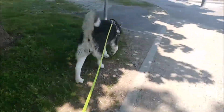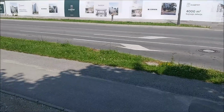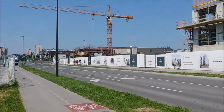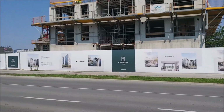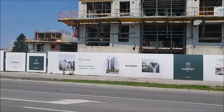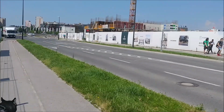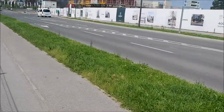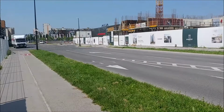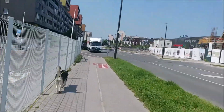And it's noon and we are here at the Quartet Complex. Those 4 buildings that they are already building. And as you can see, there are different stages. So on these they are already finishing, let's say, the 3rd floor, going on the 4th. On that, still construction on the 3rd, and there construction on the 2nd. While I haven't seen the 4th building coming up. So yeah, 2 cranes. And now we are going to the fountain for a quick dip